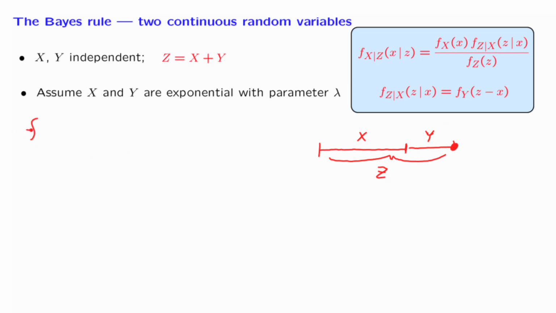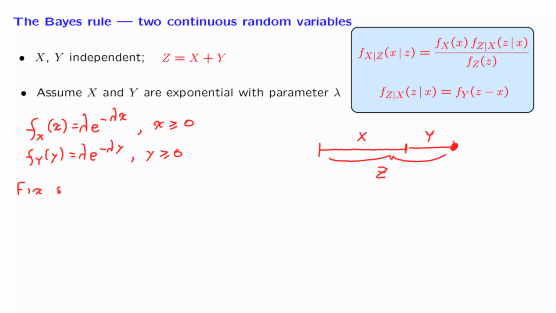In this example, we're assuming that x is exponential, so the density of x takes this form for x non-negative. We are also told that y is exponential with the same distribution, so we have the same expression for the density of y. And now we can fix some z non-negative. Only non-negative z's are possible. So we will try to calculate this conditional PDF only for non-negative z's, and using the form of the Bayes rule that we have,